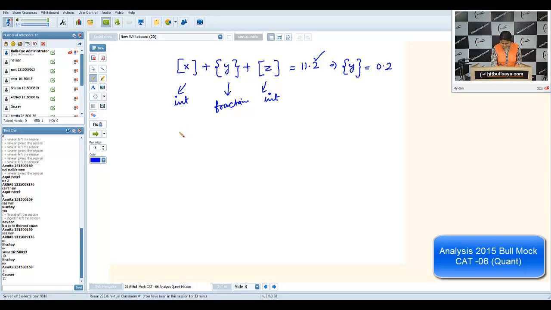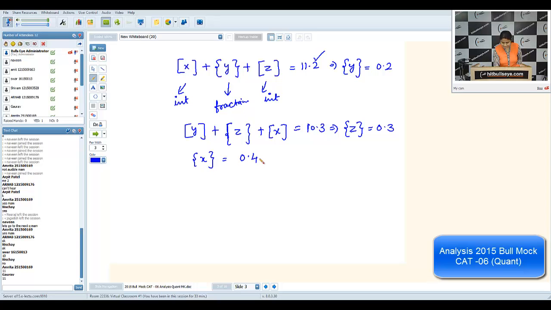Now I'm taking the next condition. That is also given as 10.3. So with the same logic, I can say the fractional part of Z will be 0.3. And by using the third condition, similarly, I can say that the fractional part of X will be 0.4. So we know the fractional parts of X, Y and Z. If we add all these three equations mentioned in the question,